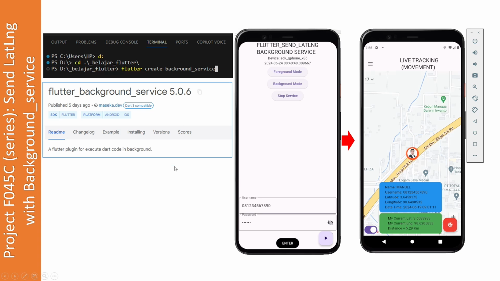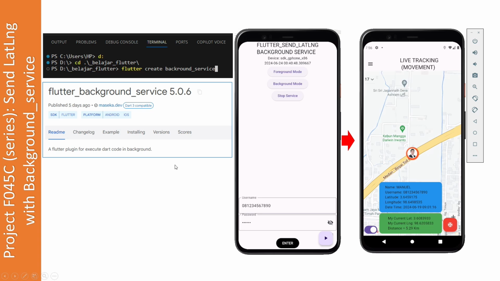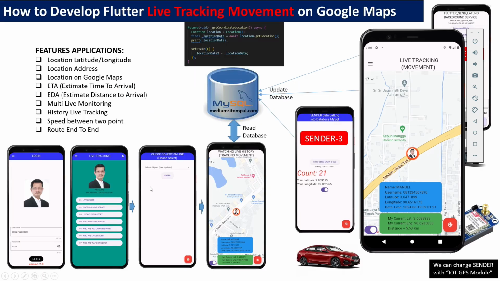Now we want to develop from zero to finish using Flutter background service. Okay guys, how to develop this. Now we go back to the script.